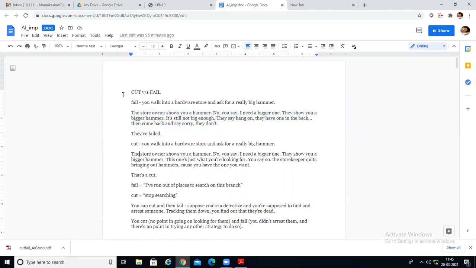What is example of cut? Cut means the solution is found and you want to return and you don't want to backtrack. Suppose you enter the same shop and you ask for a hammer. So shopkeeper has showed you one hammer, but you require a bigger size. So you will ask for a bigger hammer. Shopkeeper has showed you a bigger hammer and you are satisfied with it. So you will keep that hammer, pay for it and leave the shop. So solution is reached. Hence you are not going to check for more solutions ahead. That is called cut. Okay. So these are the meaning of cut and fail that we need to understand properly.